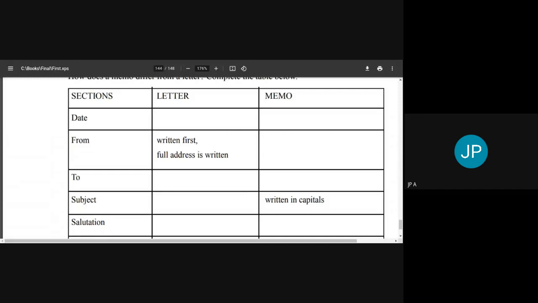2 is written after the date and before from. Okay, 2 is written after the date and before from. So that is the position of 2 in a memo. And subject